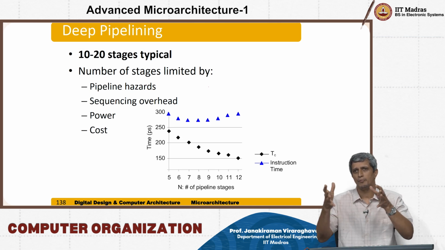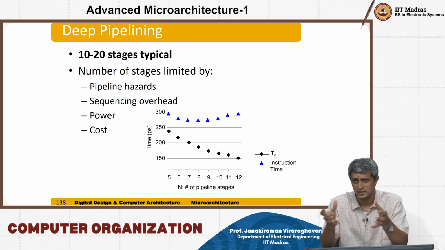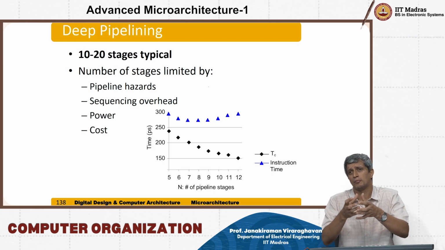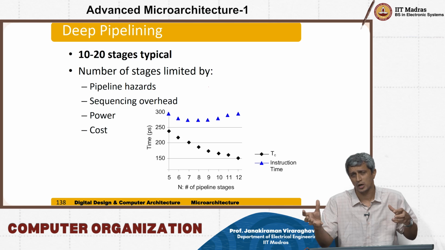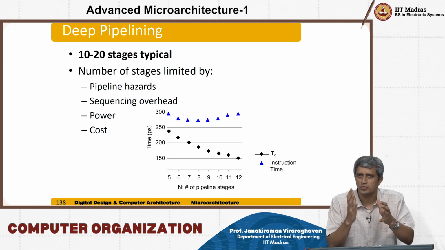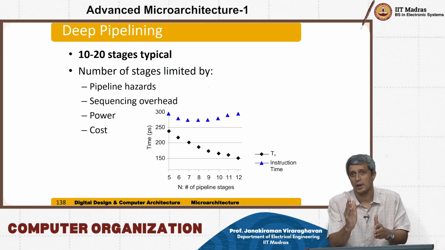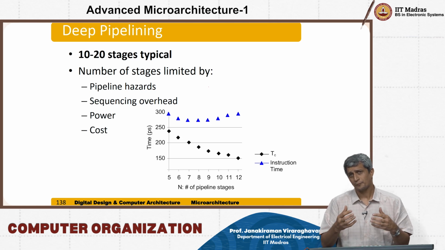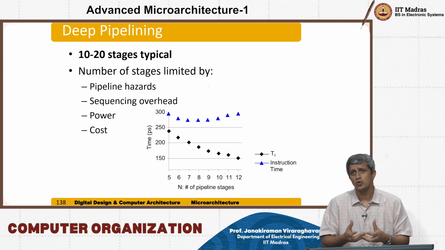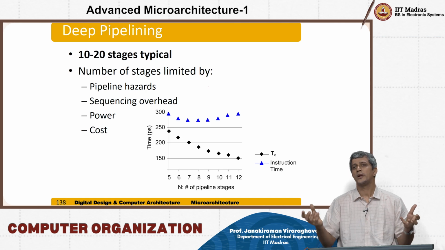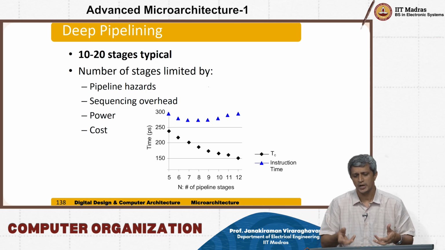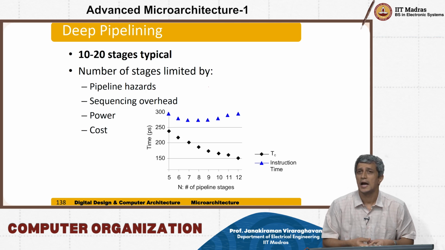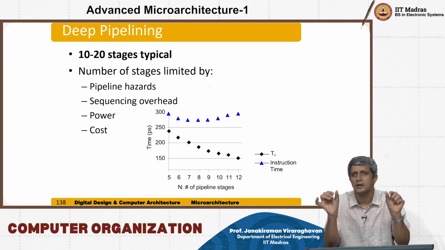You can take a big combinational block, even for example the ALU. If it has a multiply operation, you could take the big multiplier which has a very long critical path and break it into smaller combinational blocks by pipelining. Like that, it is common to do a pipelining of 10 to 20 stages. Of course, all of this is going to be limited by the pipelining hazards, and every time you add a